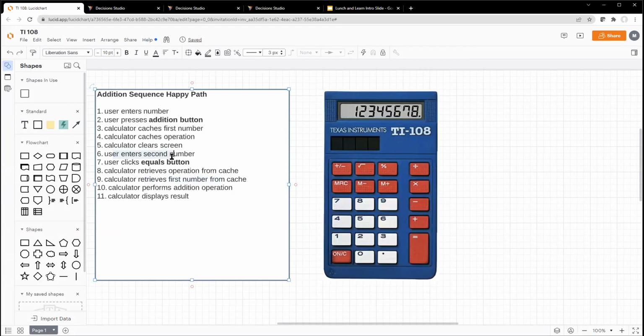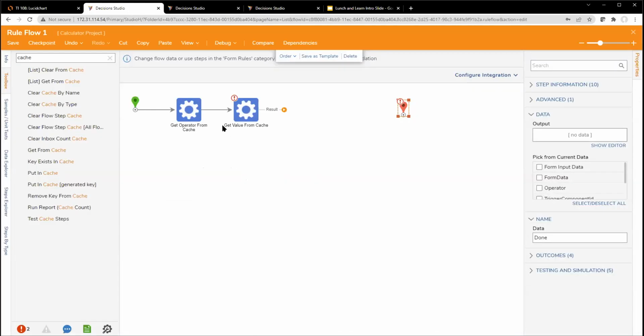Oh, you know what? Okay, I totally skipped a step here in my sequence. It's a good thing I wrote this out. I should just read it more carefully. The next thing that actually needs to happen is the user enters a second number. Oh, you know what? I don't need to cache that. That is going to be the current value of the calculator screen, which means I can access that in this flow using a